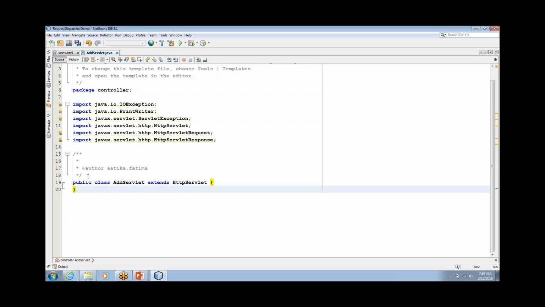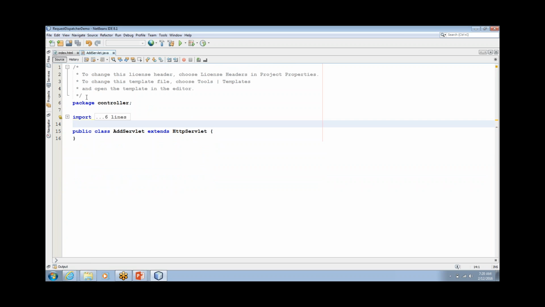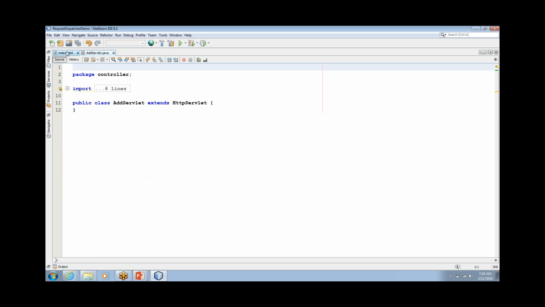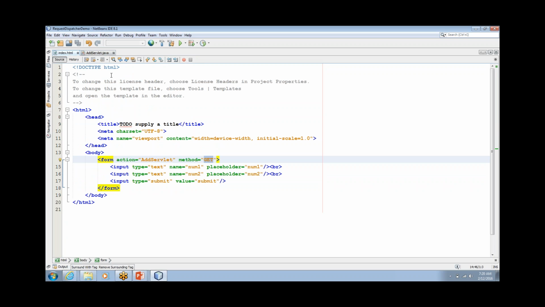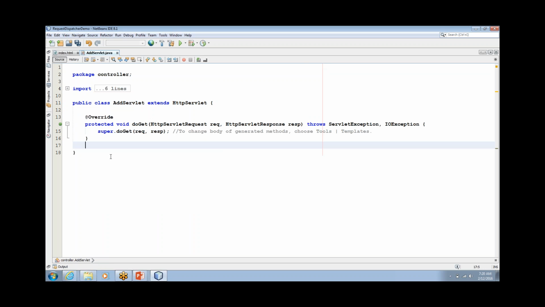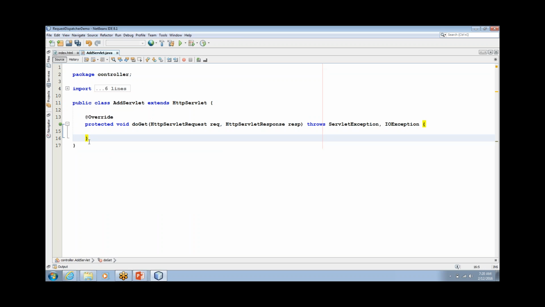Now you need to identify what we are using. Are you using doGet or doPost? If I go to the form, I see that we are using doGet. Now if you see over here, you're calling the get method. So over here, you need to override the doGet method. You just type doGet and delete this super. You should not call this. String number one is equal to request.getParameter of number one,